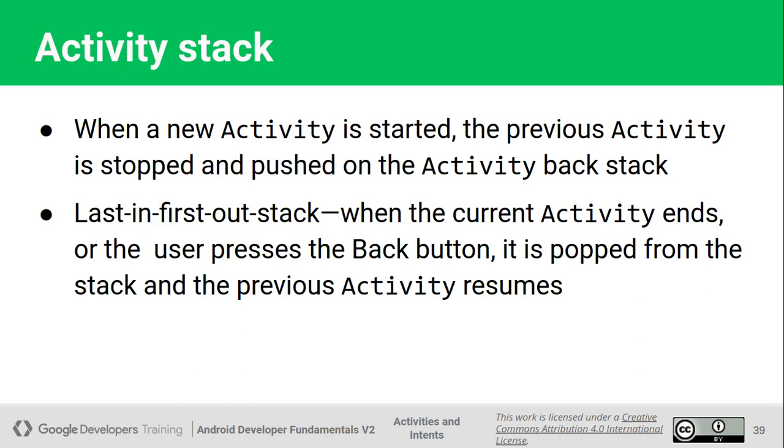So if we open four activities in sequence, activity 1, activity 2, activity 3 and then activity 4, on the top of the stack there will be activity 4. If we press the back key from activity 4, it will navigate in reverse order. From activity 4 it returns to activity 3, from activity 3 to activity 2, and from activity 2 back to activity 1, which is our main activity.